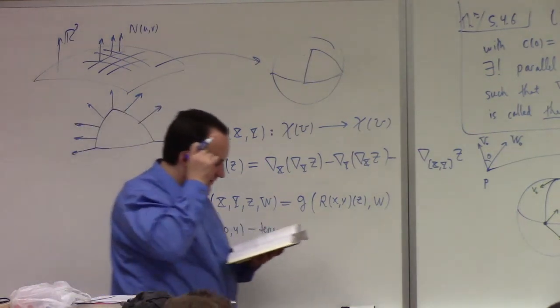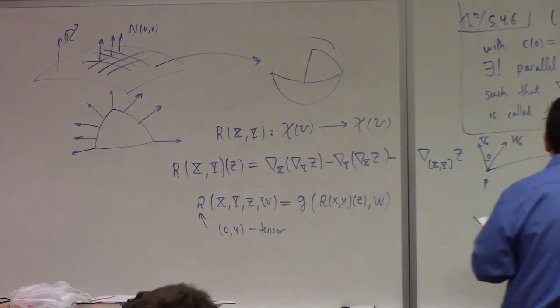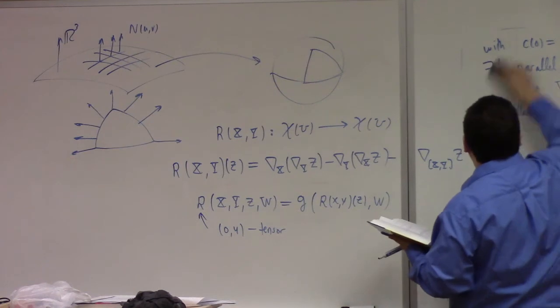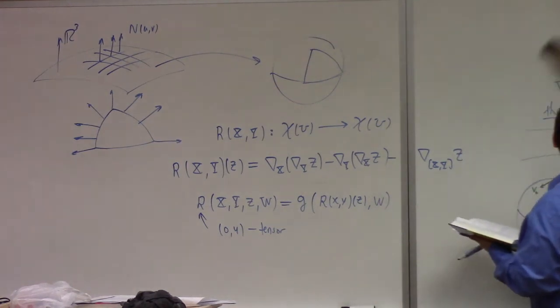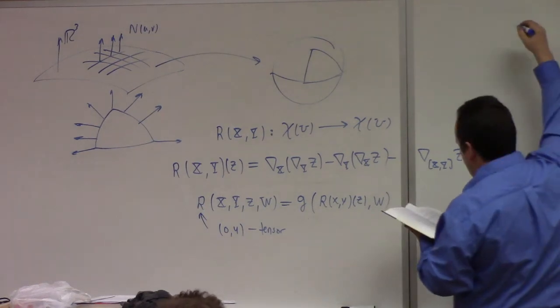Here, I'll give you the actual formula. You should at least get to see the formula for the components of the curvature. Here's the formula. So this is the analog